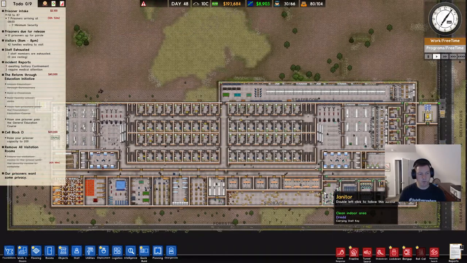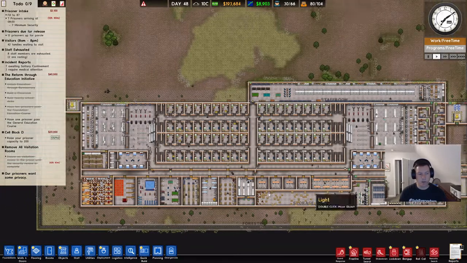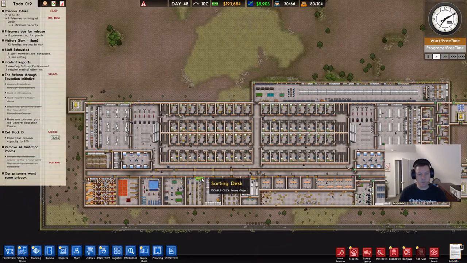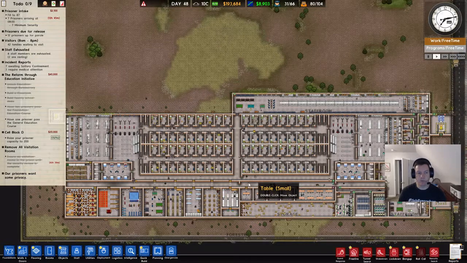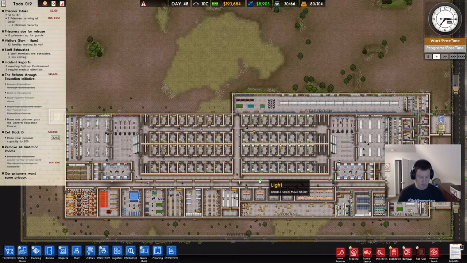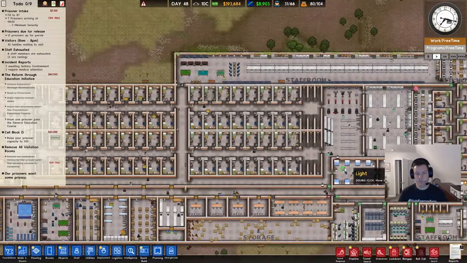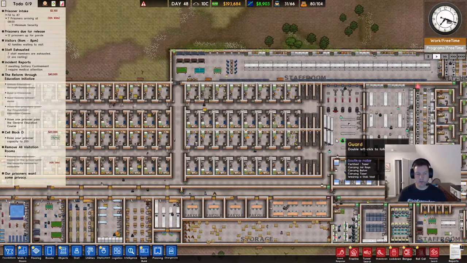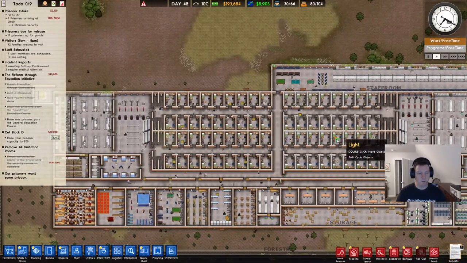So here's where we left off. We've got lots going on here. 80 out of 104 inmates. Everything seems to be running pretty smoothly right now, for the most part. Now there are a few challenges that we've run into that we've addressed as we've gone. However, what I have been working on over the last several days...